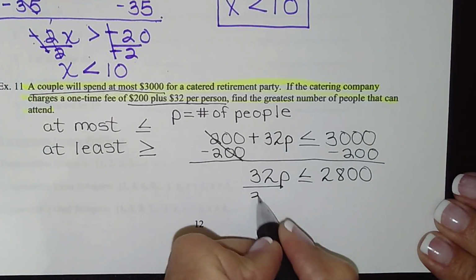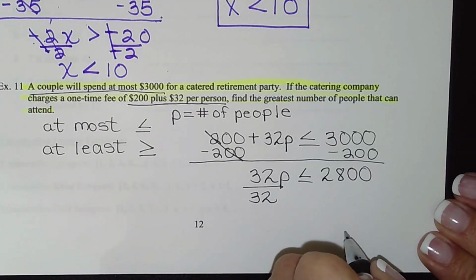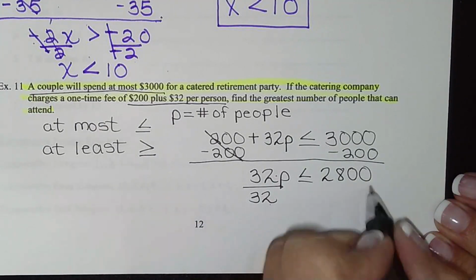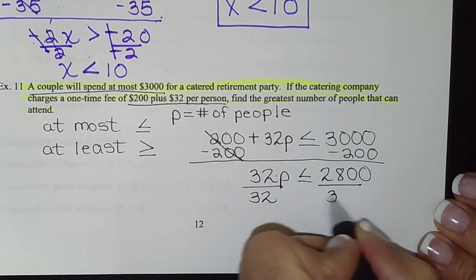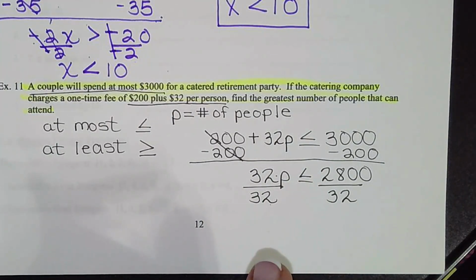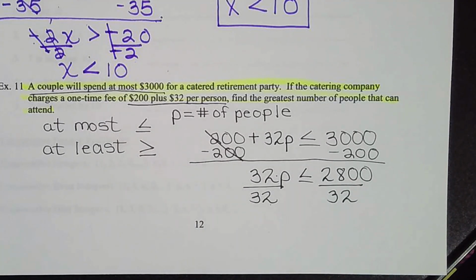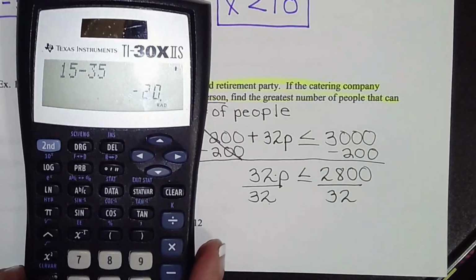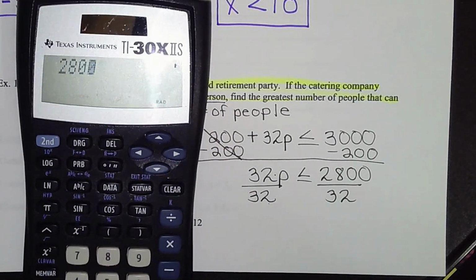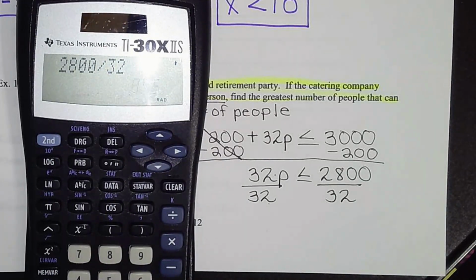Divide by 32, no flipping the symbol, because we're dividing by a positive. We only flip the symbol when we divide by a negative. So 2,800 divided by 32 gives us